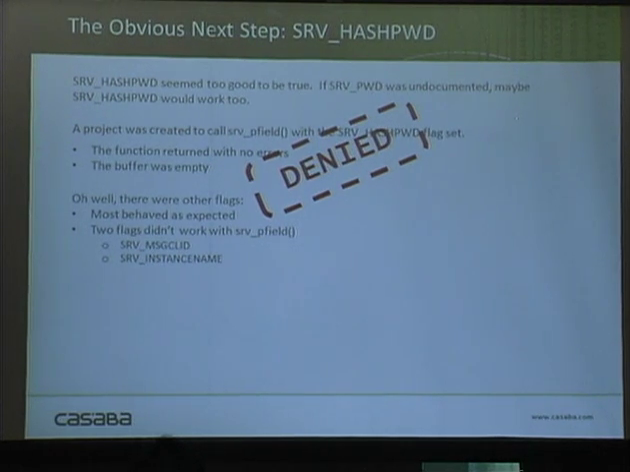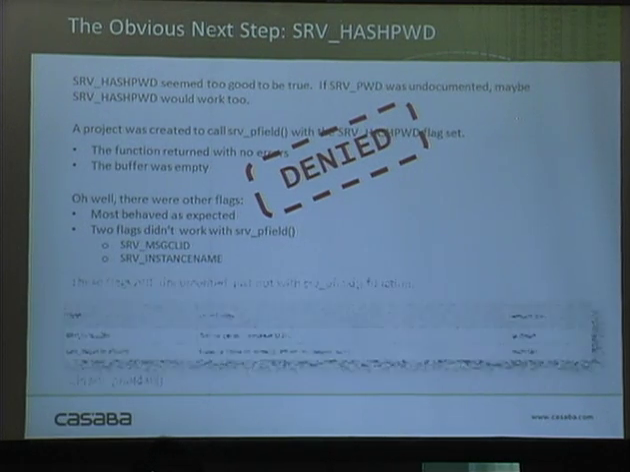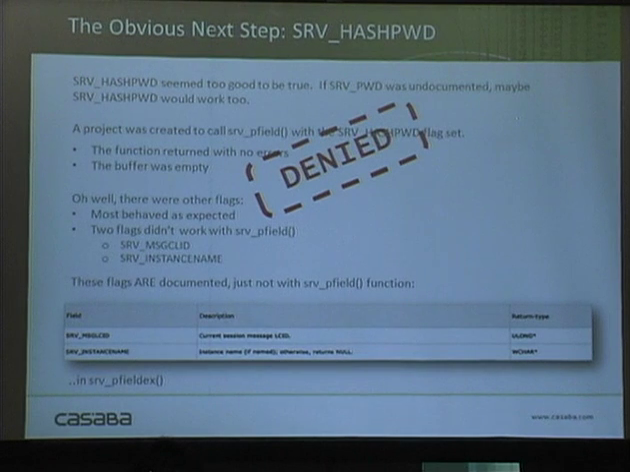Most of them behaved as expected. Some of them just didn't do anything. Then two flags didn't work, period, with SRV pfield. They returned errors, and no data was returned. The function just kind of blew up when you handed these in, which were the SRV message CLID and the instance name. So go and Google those, and these were actually documented, but they were documented for a different